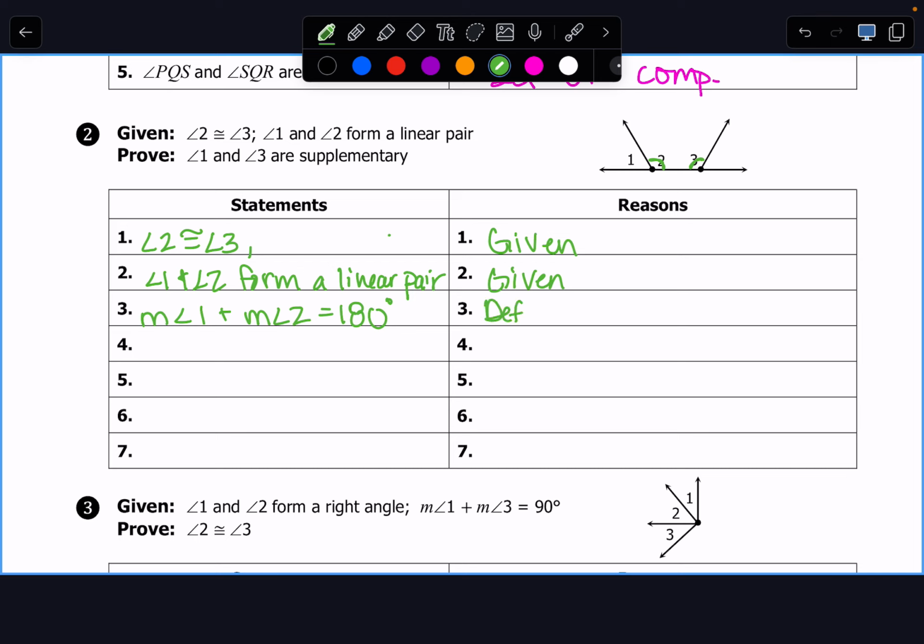You know what? Let's just say definition of a linear pair. Does that sound good? I mean, isn't that the definition of a linear pair? Angles that are adjacent and supplementary? Yes. Okay, I'm okay going straight there. Now,